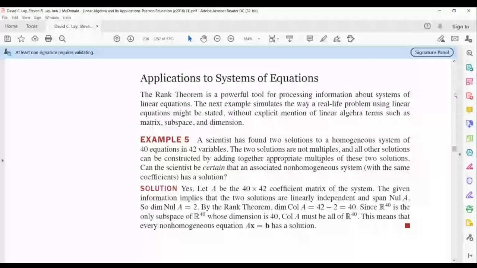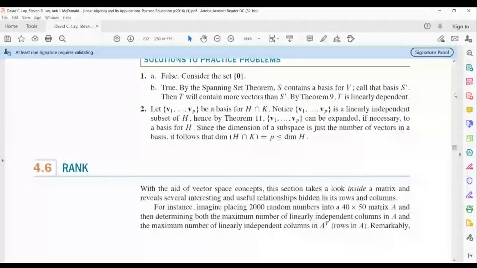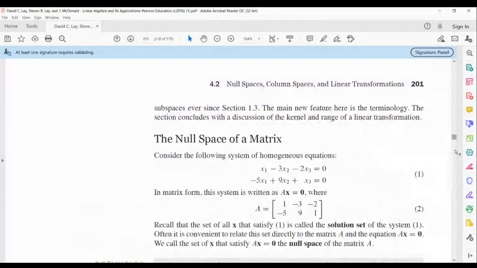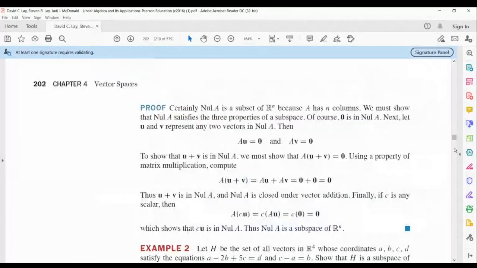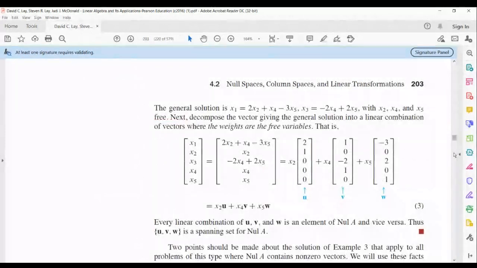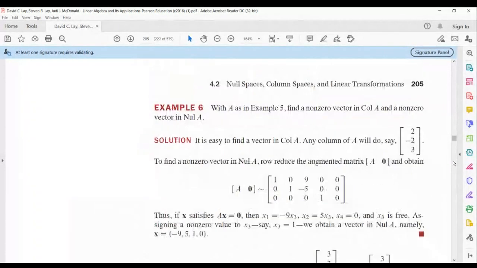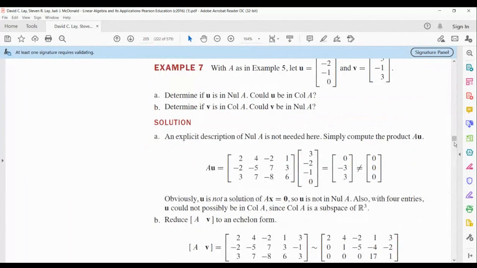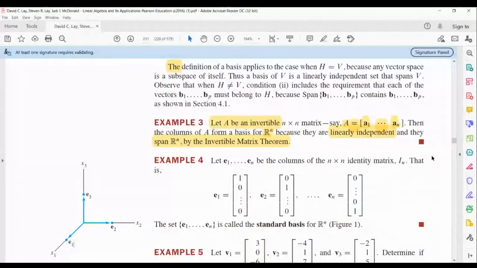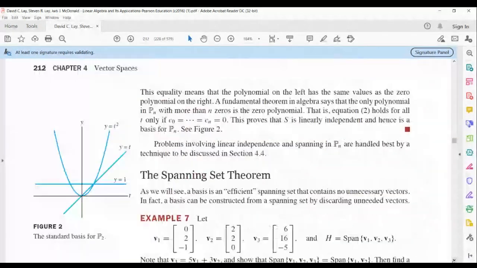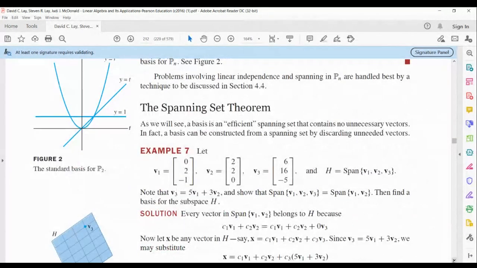Hold on. I'm sorry, class. I'm just trying to find where I'm at here. Hold on. All right. Let me just use this. It's a little tedious, but